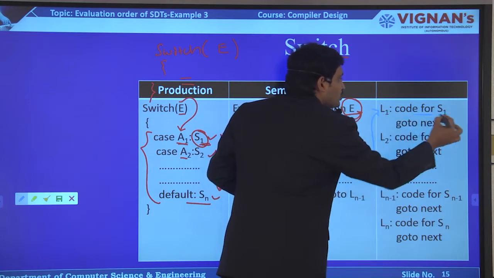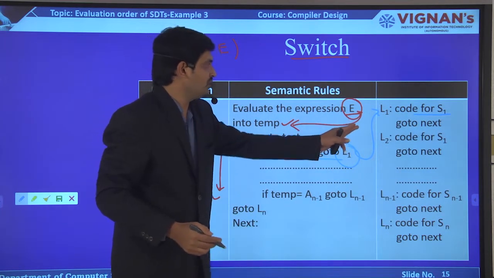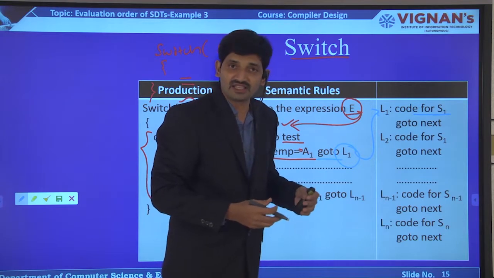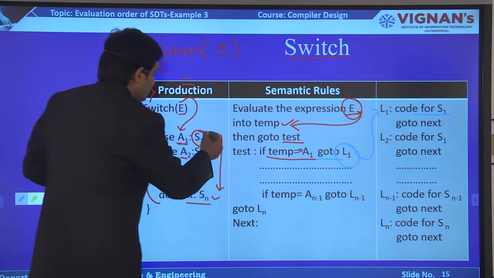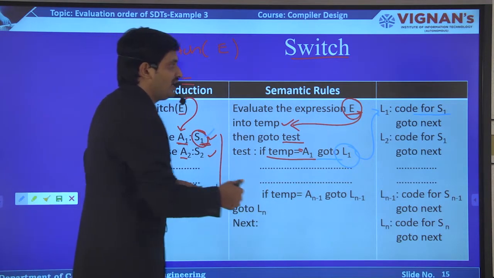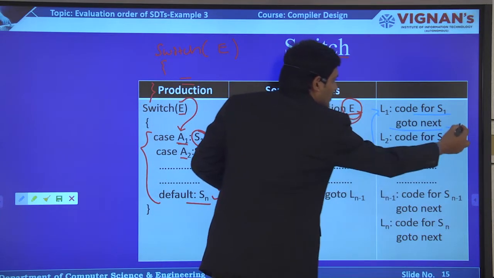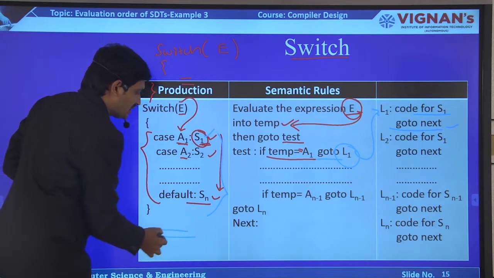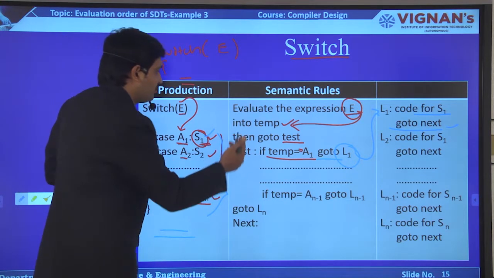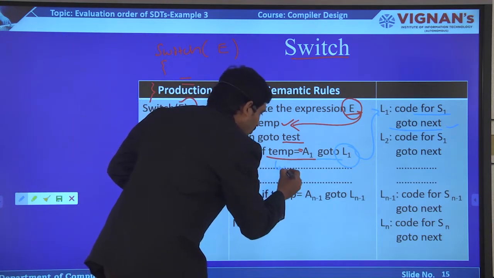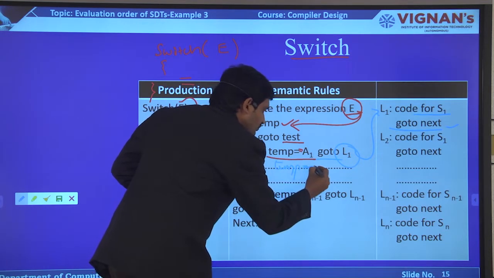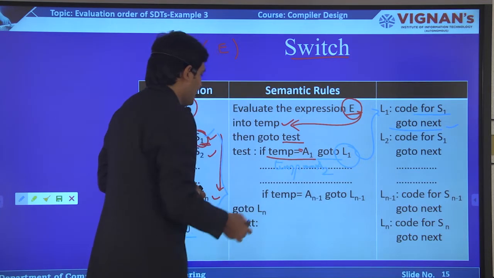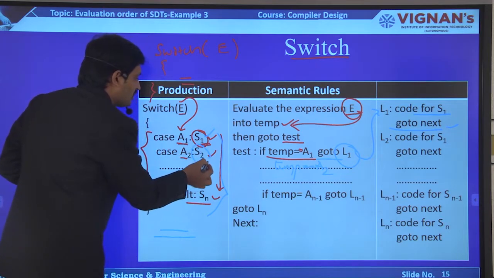Label L1 represents the code for S1. That means I am going to execute the statements S1 and goto next. If it is goto next, simply I have to skip all the things, then I have to execute the remaining statements. If temp equal to A2, that means I have to execute this particular statement S2.